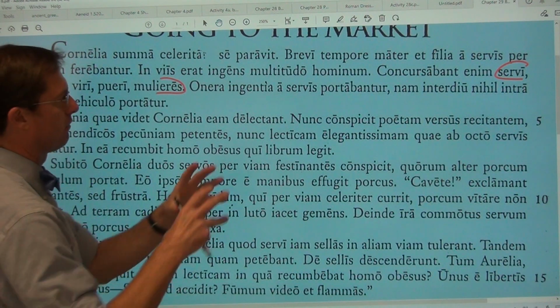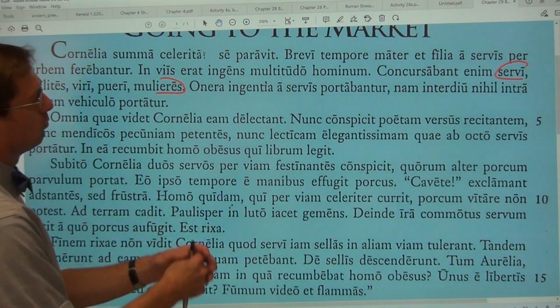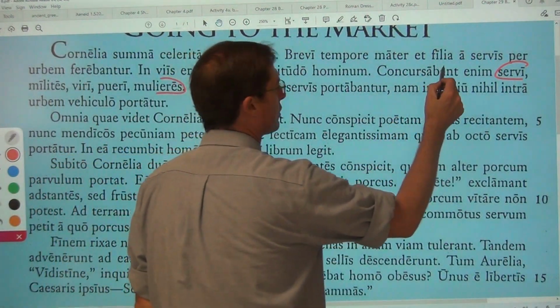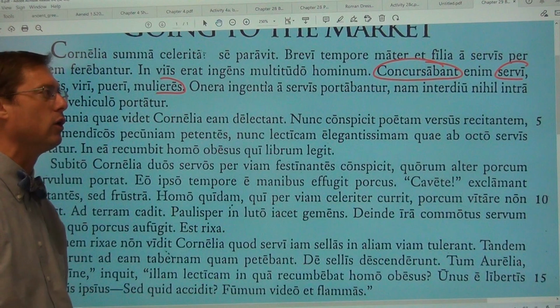It's not as though they're going to have a spot for the slaves over here, a spot for the soldiers over here, a spot for the men over here, for the women over here, for the boys over here, but rather they're all mixed in together. Now, we also have something interesting with our verb concursabant, and this is an example of what we call a